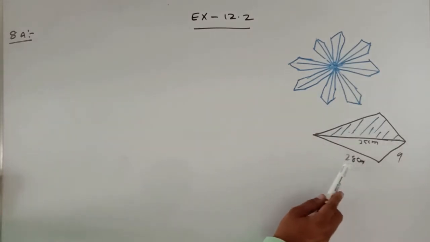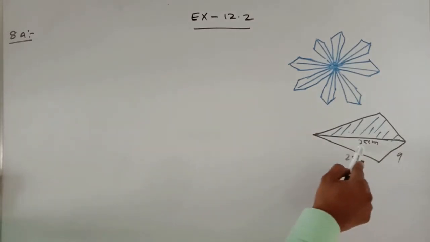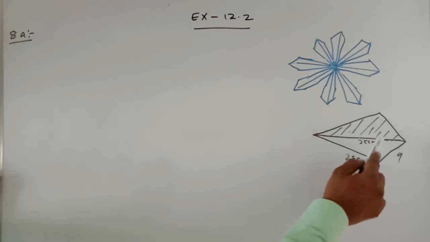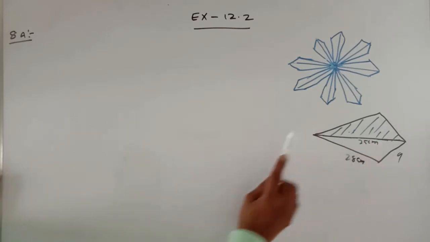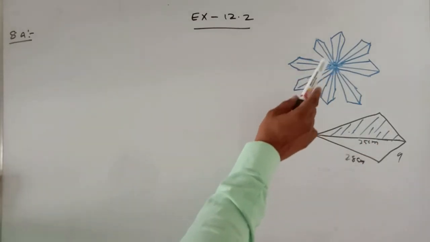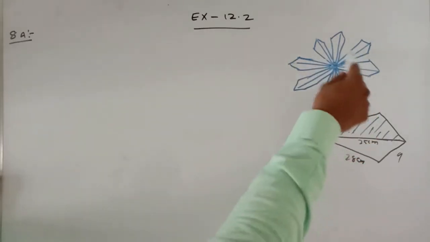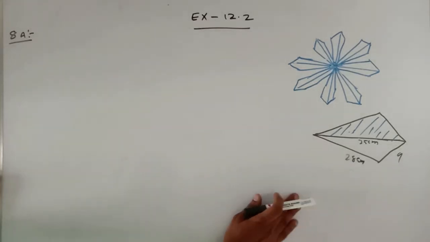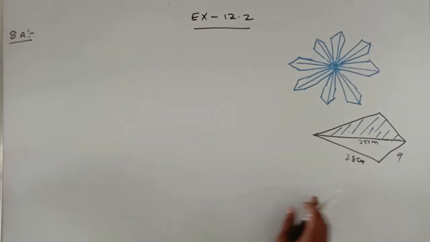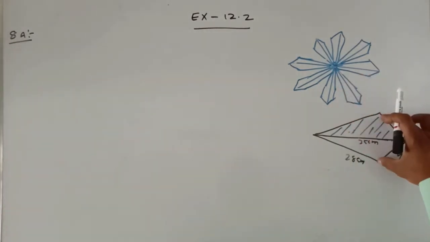So sides are going to be 28 centimeters, 9 centimeters and 35 centimeters, and these two are going to be different colors. Find the cost of polishing the tiles at a rate of 50 paise per square centimeter. To polish this total number of tiles, I am paying 50 paise per square centimeter. Then what is the cost for this total? I need to calculate. So I am going to split this figure. So I am taking one part and expanding like this.